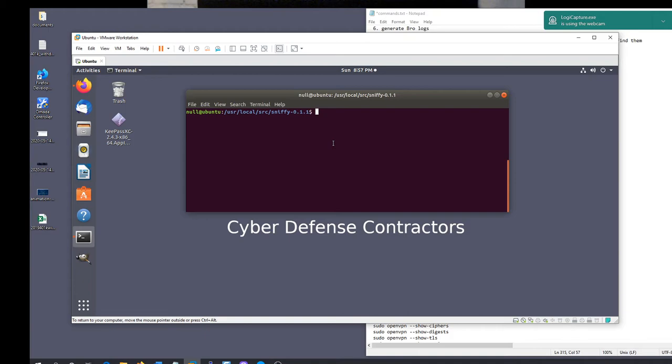So, like I said, we're going to use tcpdump. Let's make sure tcpdump is available. This is moving slowly. tcpdump